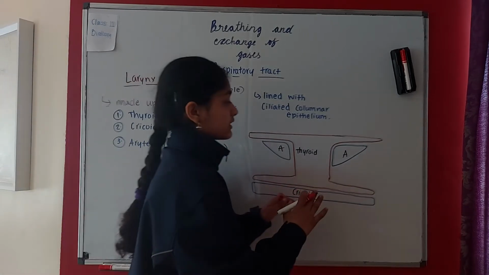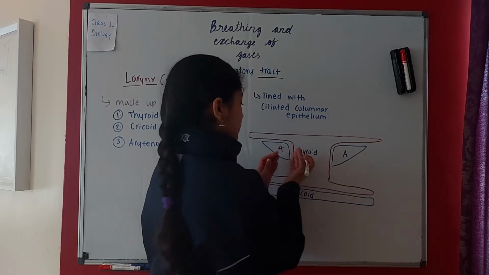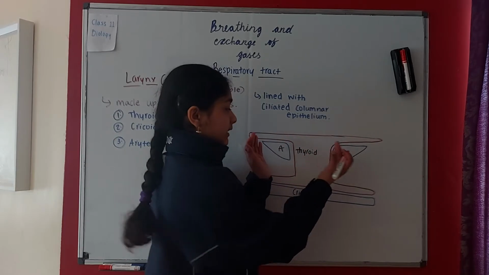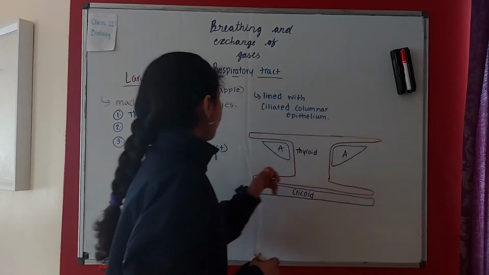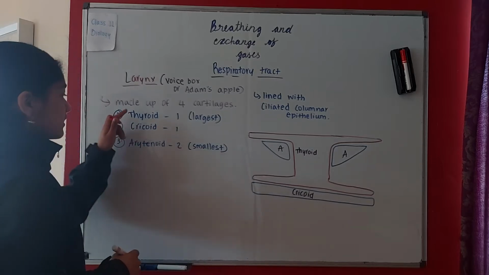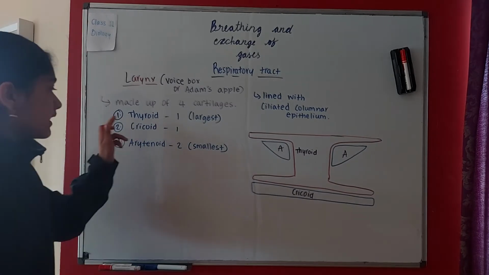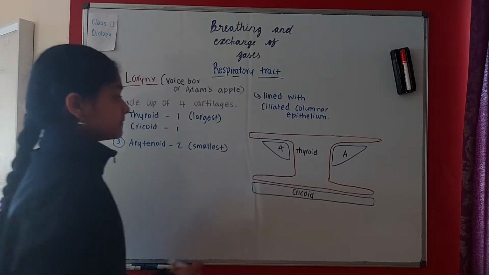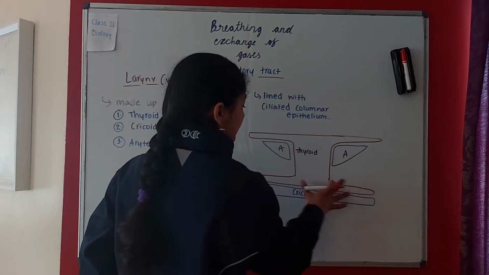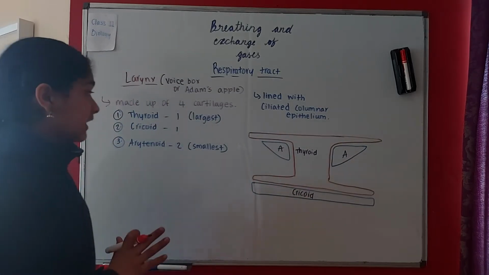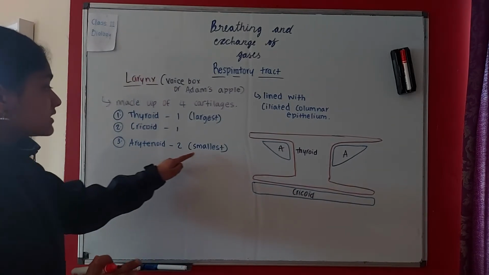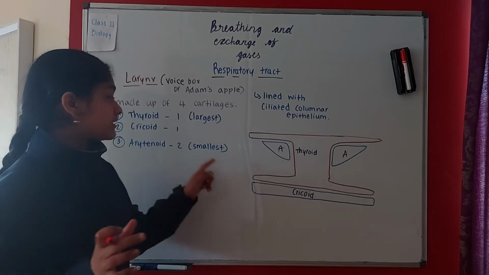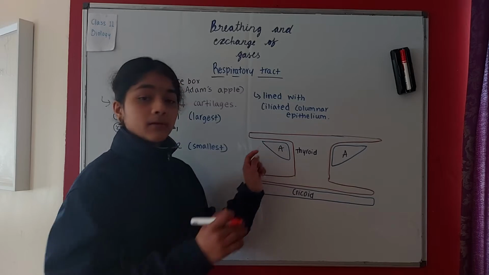But this is the structure when we open it. When we fold it this way, we can see it in a circular manner. So that is the structure of the larynx and the three types of cartilages, that is thyroid, cricoid and arytenoid. As you can see, thyroid is the largest cartilage, so it's very large. It's I-shaped, like the English alphabet I. Arytenoids are the smallest ones, little triangular cartilages present just beside the